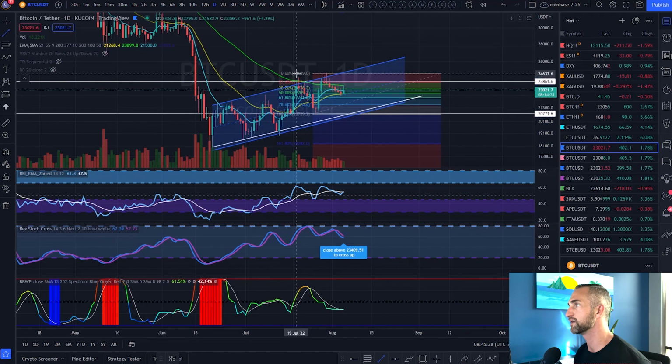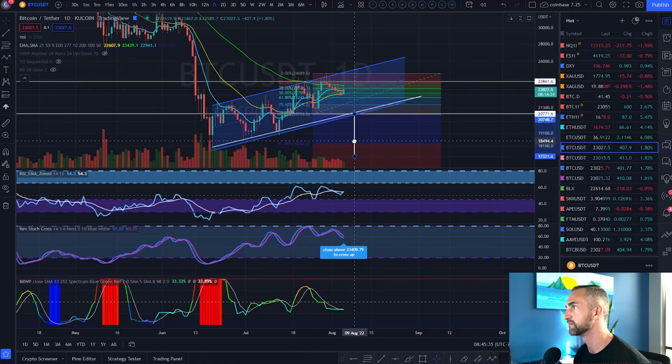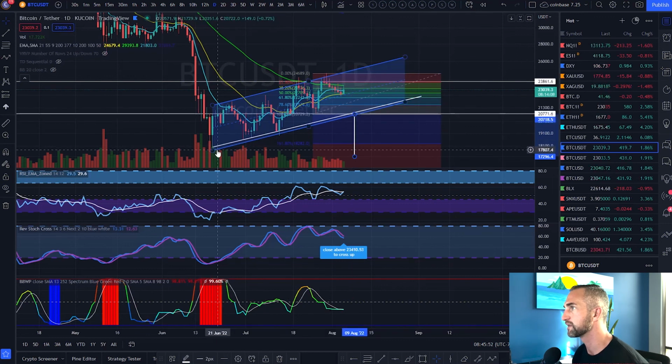And then what do you want to do? You want to take the width of this guy, and you want to go like this. Boom. So that does give you a little bit more of a downside target of 17,300. And I definitely say this is going to be a major pivot on the market coming in right here. You could even make it a little lower if you wanted to, just catching these wicks here. But yeah, line in the sand, 20,770.